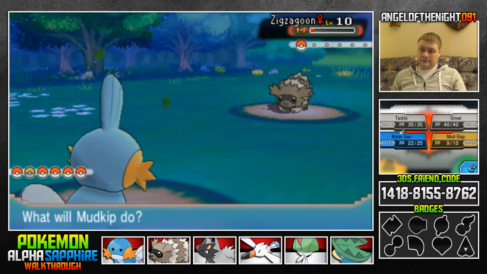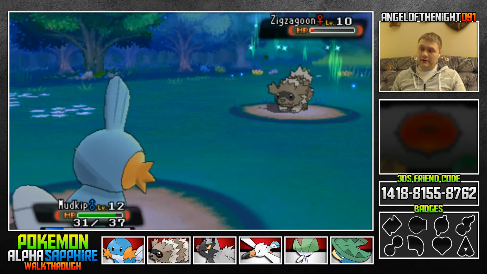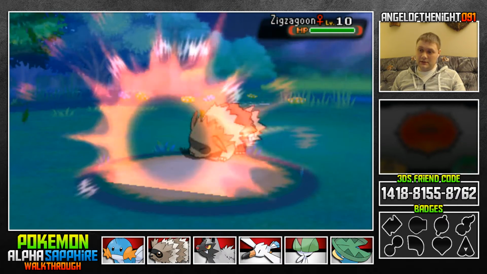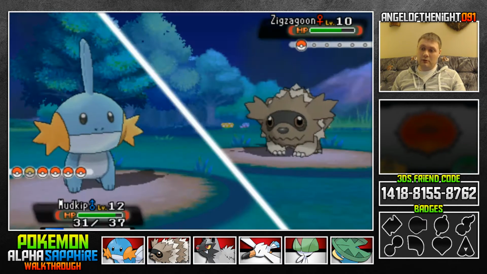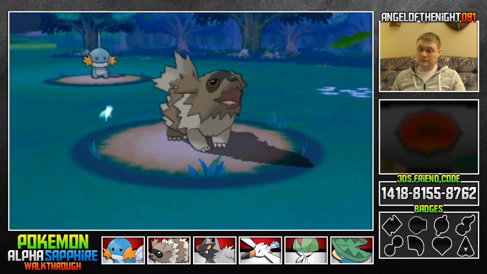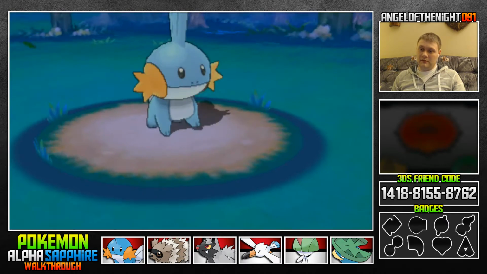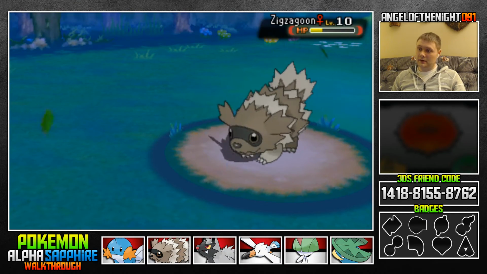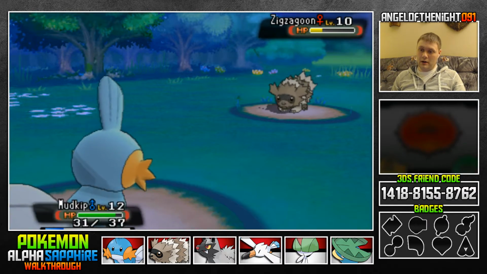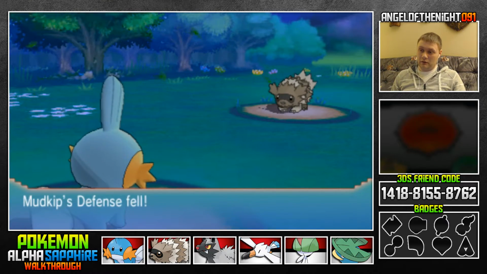Alright, there's the tackle. Oh, full restore! That's unpredicted. I didn't predict that happening, guys. Okay, so I pretty well have to go back to the water guns because it did do growl. And the tail whip. Wow, Mudkip is not liking that. Okay, there's the water gun, that's one. Should be one more, and we should be good to go. It doesn't look like she's actually going to attack at all, so...